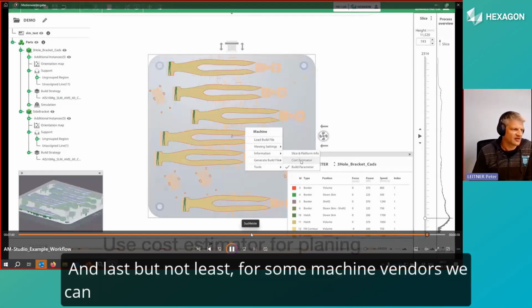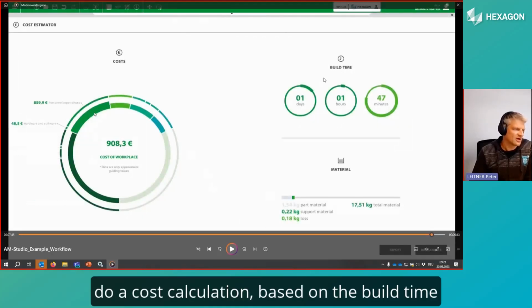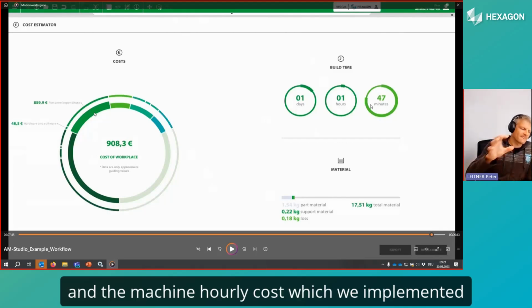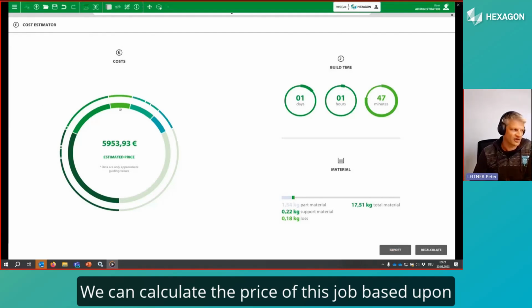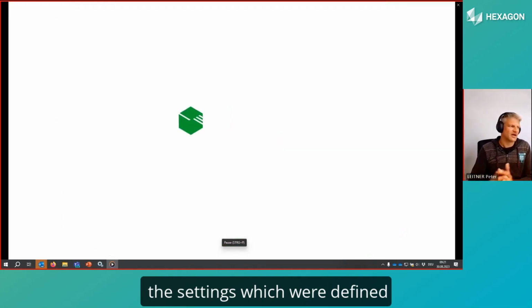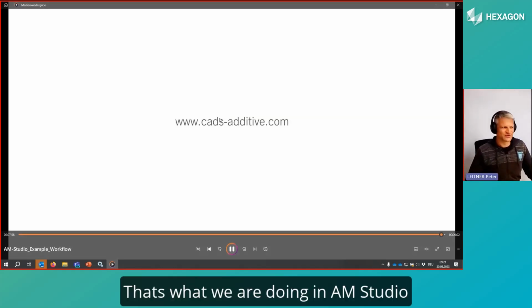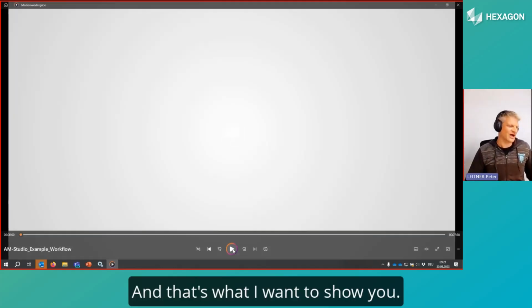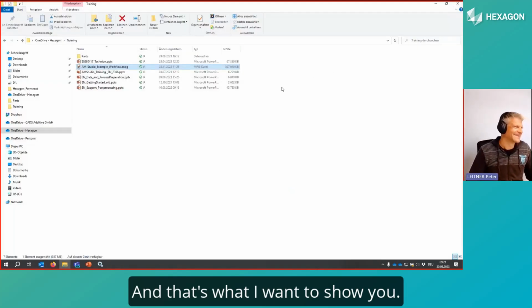And last but not least, for some machine vendors, we can do a cost calculation based upon the build time and the machine hour costs, which we implemented in the settings area, and the consumption of material. We can calculate the price of this job based upon the settings which were defined, and that's what we are doing in AM Studio, and that's what I want to show you in the next